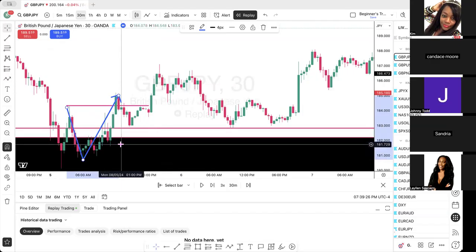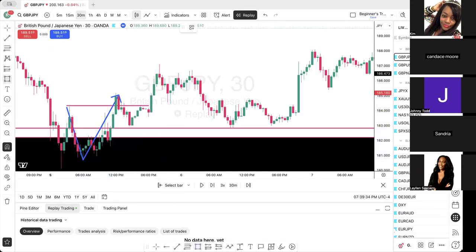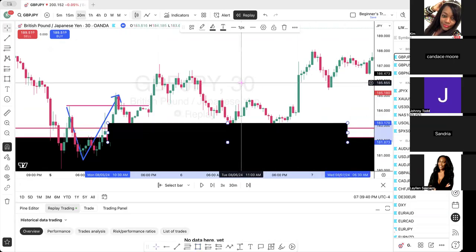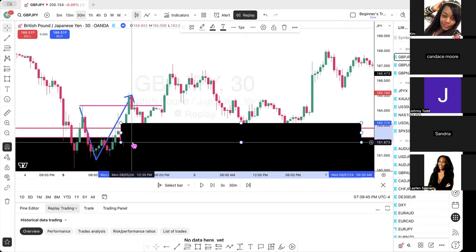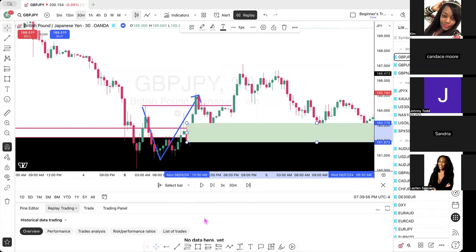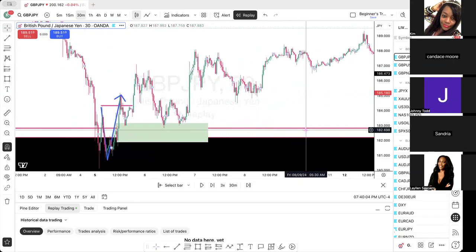Now, usually I'm on the 15-minute, but this is not letting me go to the 15-minute. But I already know that the 15-minute is going to be here. It's going to be an order block on the 15-minute with the imbalance. You ask me how I know? I've just been doing it for so long. I just know, right? So I know that price is going to pull back to this zone right here and then take off. And that's exactly what happened.